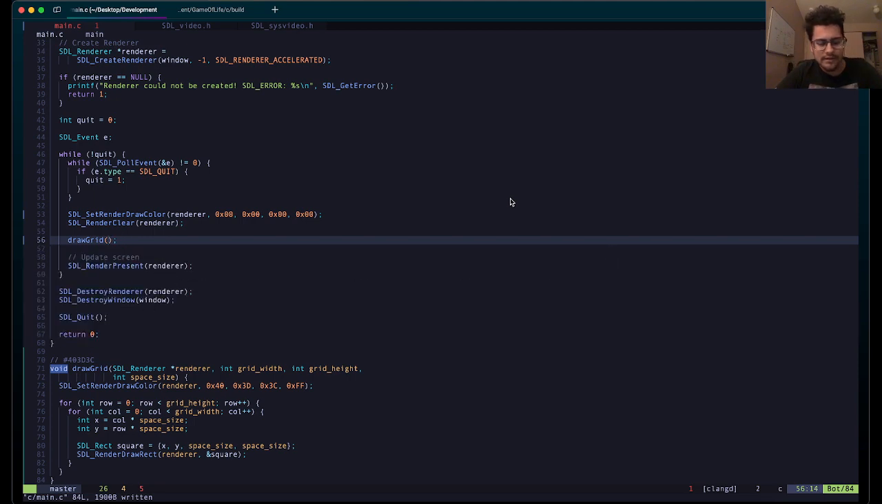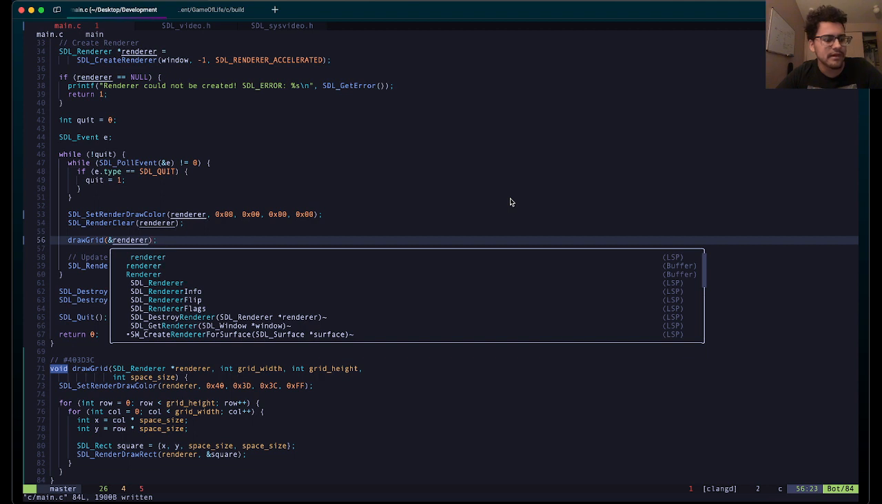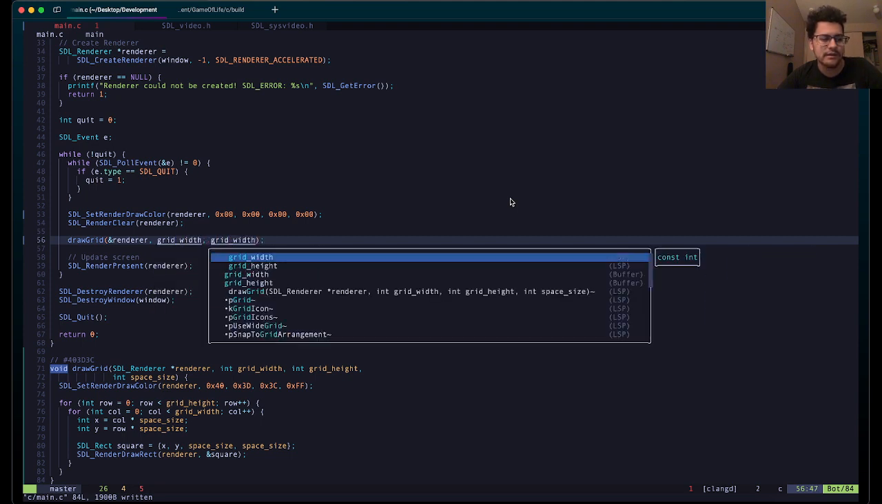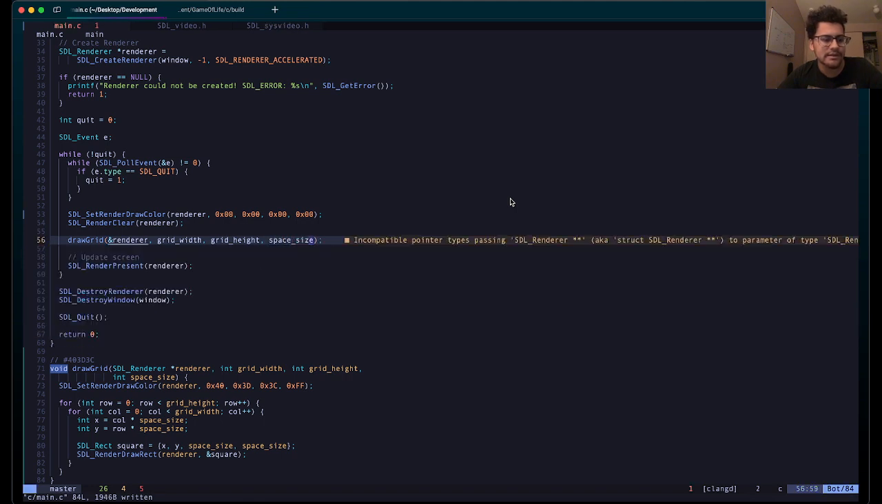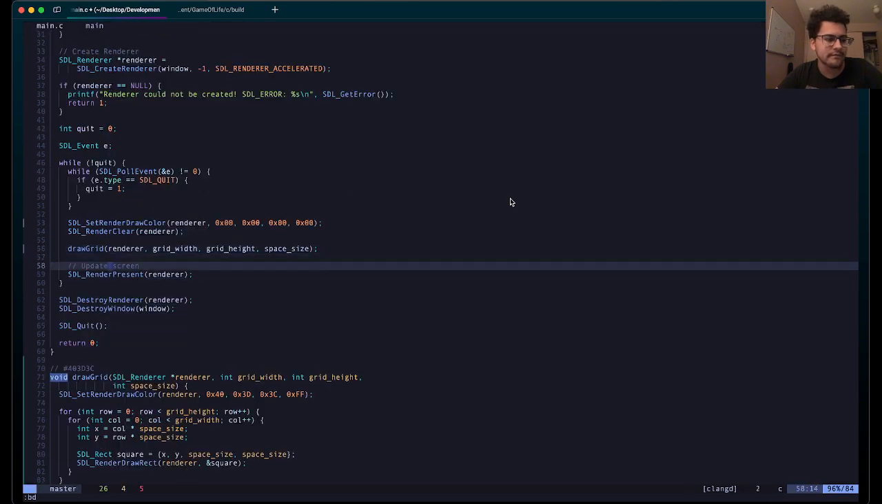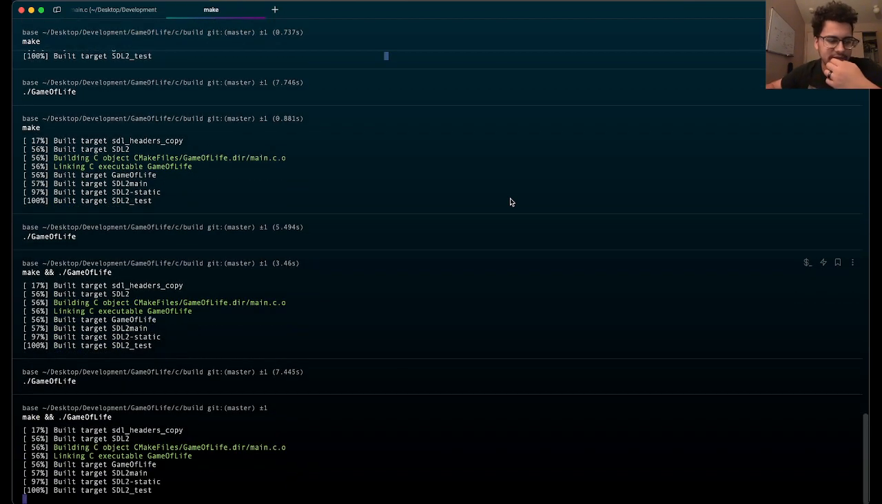So we need to give it a reference to the renderer. Renderer, okay. And then we need to give it the grid width, the grid height, and then the space size, right? Does that seem right? Incompatible pointer types, passing. Oh yeah, we don't need to do that because this is already a pointer variable. So I can just give it renderer. Why are these even open? Okay, perfect. So now we'll come over here and do the make and game of life thing, and then